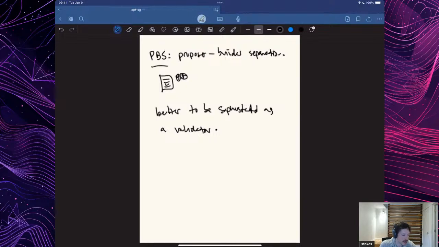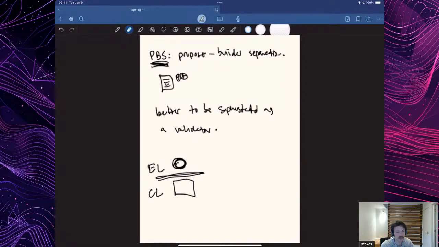Generally the way that we think about this right now is PBS, where you want to separate off the task of making the execution block. Maybe I'll draw CL and EL. There's now a CL block with an execution payload that goes inside. With PBS, you want to think about separating these two so that you can outsource building this execution payload, which is becoming a very sophisticated task, to some other entity. We'll call it a builder. And then as a validator, you don't have to play these very sophisticated games. You can just outsource this to someone and still profit from the work.